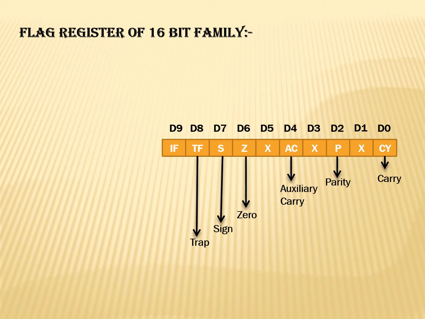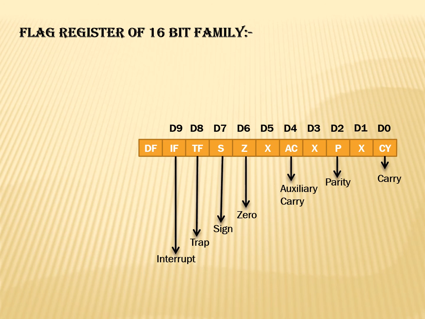Next comes the interrupt flag IF, which is occupied by the D9 bit. This flag is for interrupts. If the flag is set, the microprocessor will recognize there is an interrupt request from the peripherals. It is similar to my INTR pin, interrupt request. If the flag is reset, it means no such request has been made.